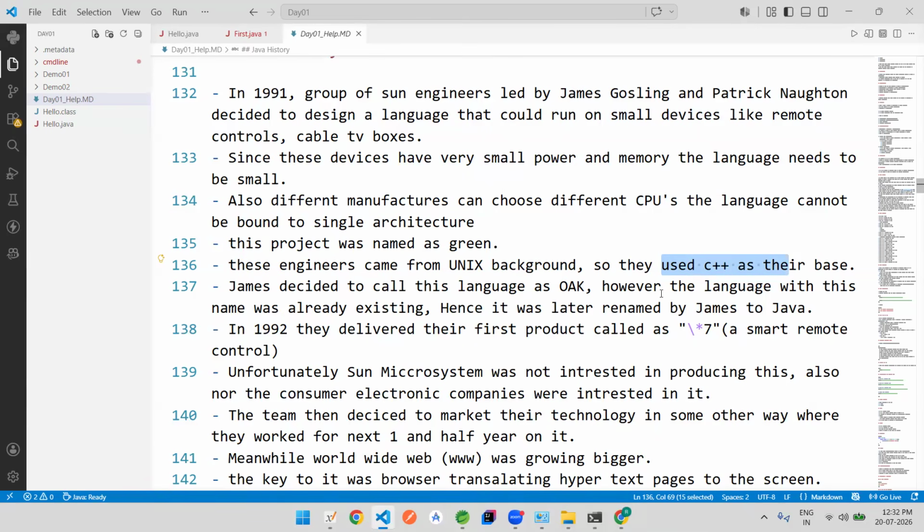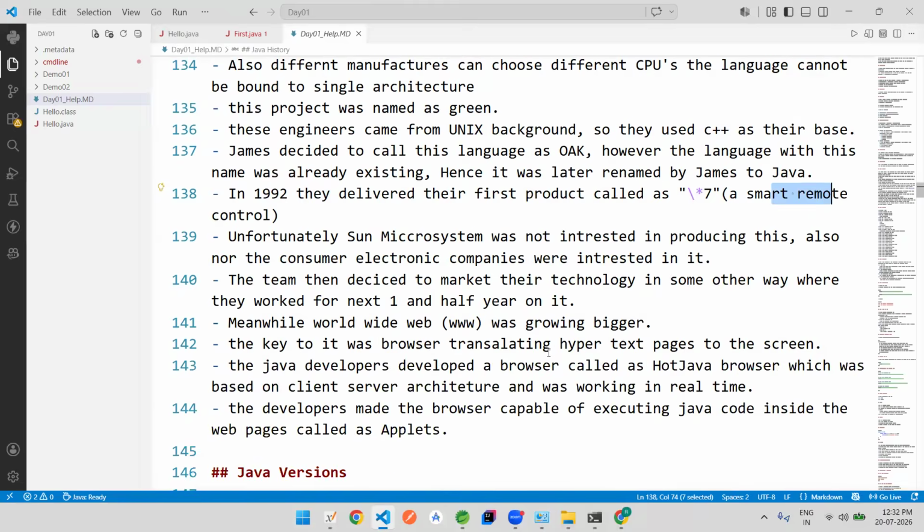स्मॉलर डिवाइस कॉल्ड एज अ स्मार्ट रिमोट कंट्रोल। उसका नाम था स्टार 7, उस रिमोट कंट्रोल का नाम था स्टार 7, विच वॉज कॉल्ड एज अ स्मार्ट रिमोट कंट्रोल। वो एक ऐसा रिमोट कंट्रोल था जिसके ऊपर एक्चुअल में जावा का कोड एग्जीक्यूट हो रहा था। They were executing that particular Java code on top of that device. But no one was interested in that smart remote at that time. Generally कोई भी, मतलब उनकी कंपनी खुद, Sun Microsystems was also not interested in it, बाकी vendors भी interested नहीं।